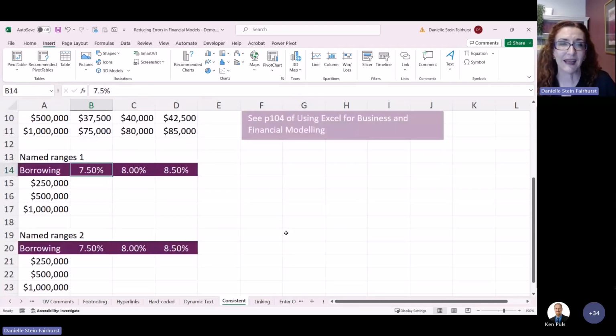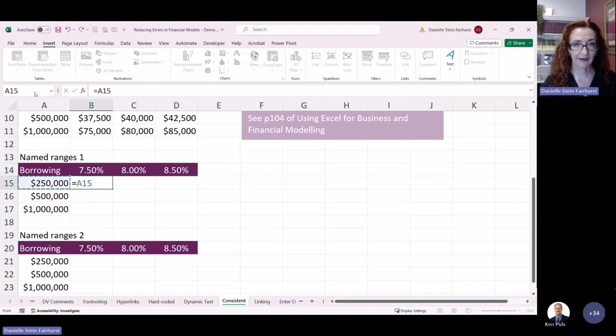So just talking about named ranges, which I'm sure people are familiar with, when people learn named ranges, they go, oh, fantastic. I'm going to use interest rate. I'm going to create a named range here. I'm going to call that interest rate 1. Oh, no, that's a bad one. I'll use an underscore. So we'll say interest_rate_1. Let's use interest_rate_2. And let's say here, we'll call this one interest_rate_3. Fantastic. So let's use that as our named range.